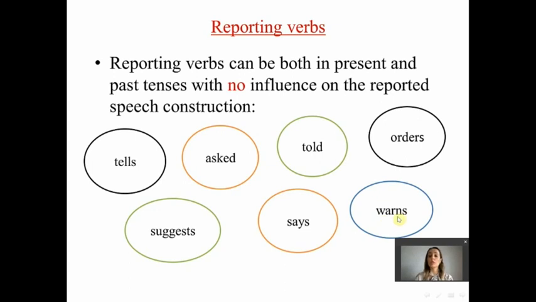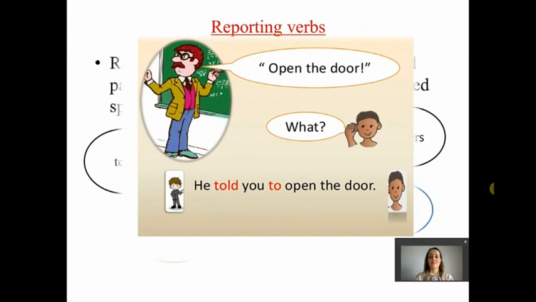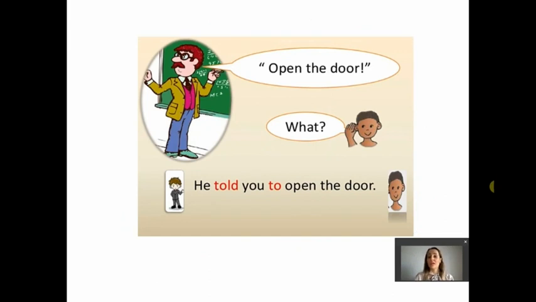We use the infinitive as we mentioned. Look at the example. Open the door. He told you to open the door. Open became to open. And that's it.